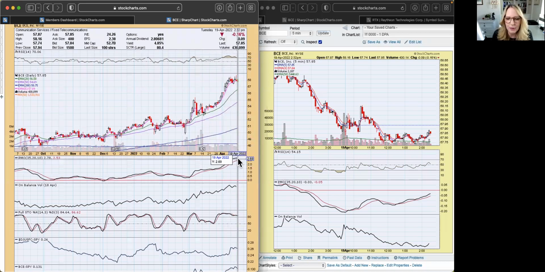And the PMO has topped in overbought territory. So that's a little bit of a concern to me right now. I would say if you own this one, I don't see any reason why you would get rid of it. Getting in, I think this one could be interesting if we can get that PMO to turn back up, because